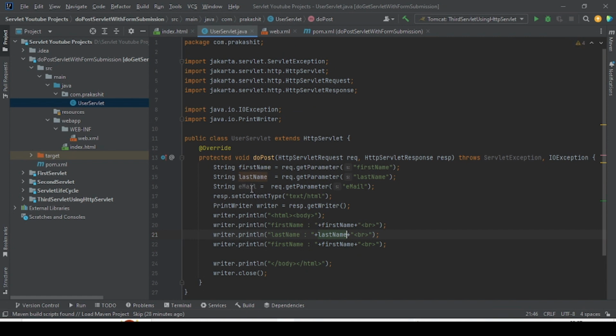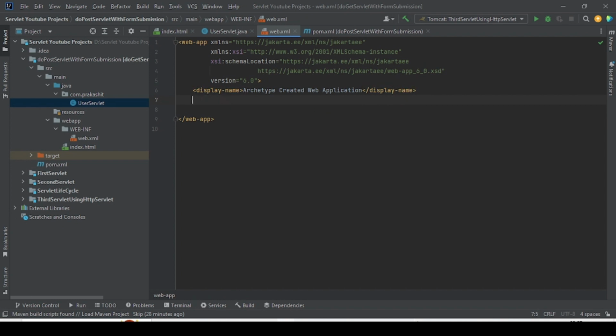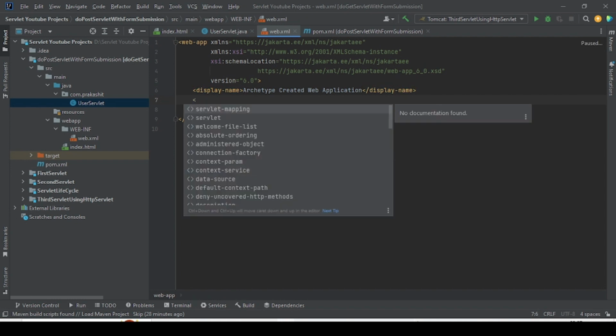What I'm doing, I'm just simply displaying whatever data we have captured in the post request. That data we are just getting from the request, and we are using the PrintWriter to print it in the console instead of database interaction. I have already told, so I'm simply displaying that. Okay, now it's done. Now we are going to configure